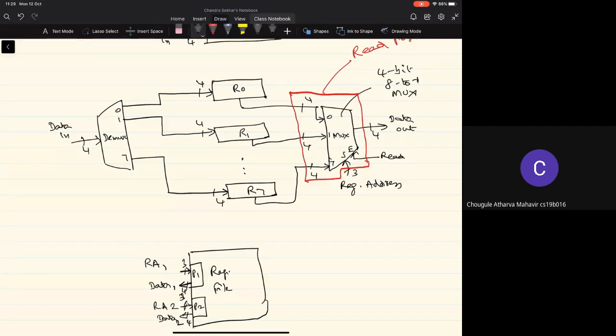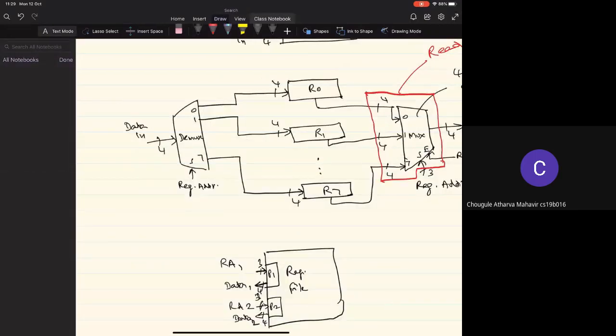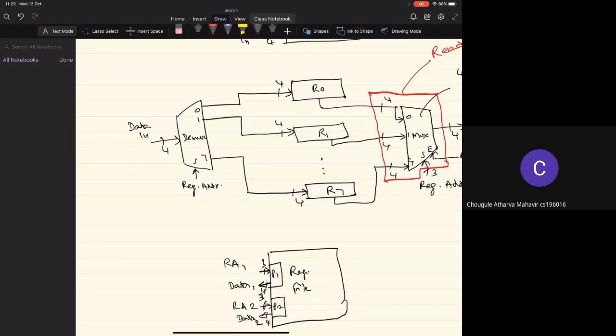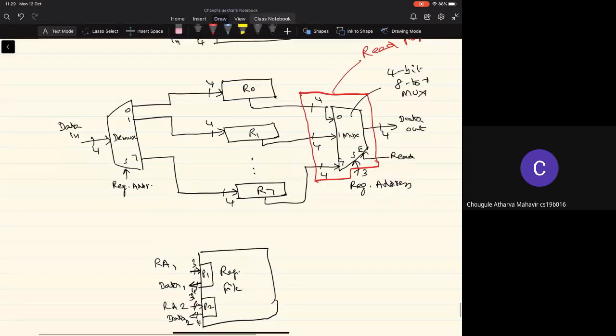And what will be the select lines here? It will be the register address. So what is the specification of this demux now?